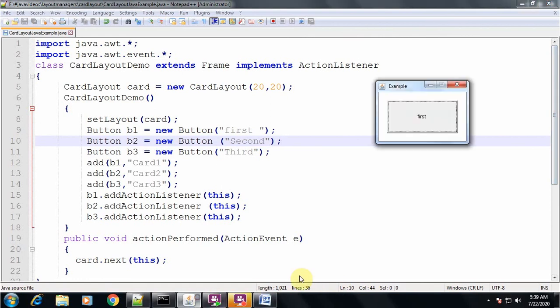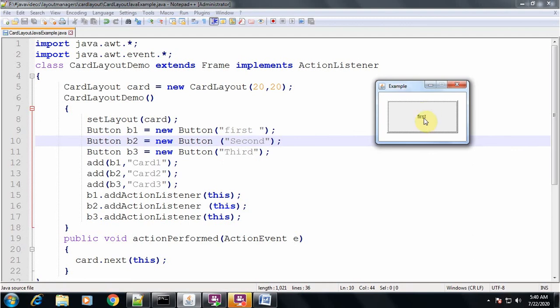This is the main component. You are seeing this surface, right? This is the main container, and in this container the layout is the card layout, and this container consists of 3 cards, and on every card there is a button.